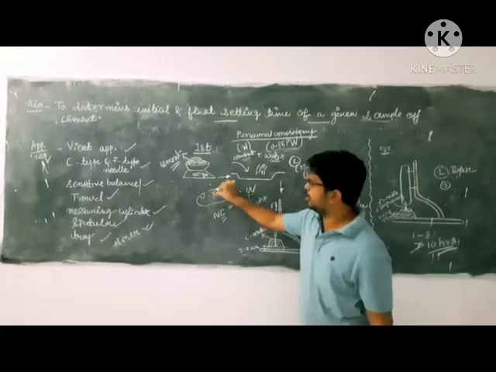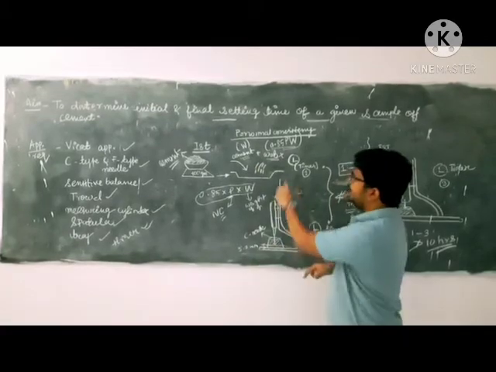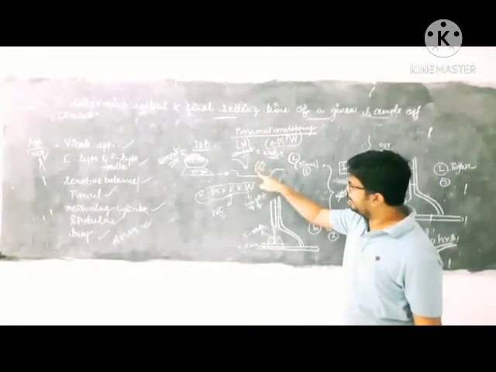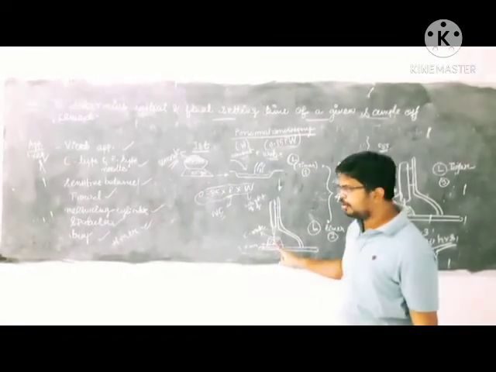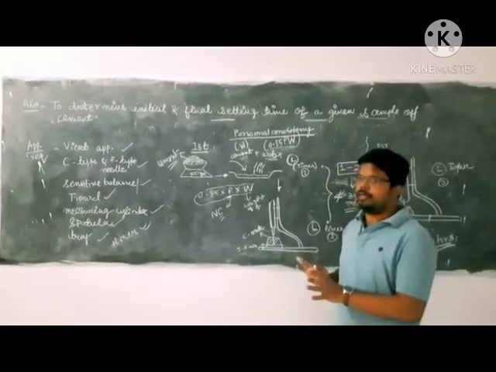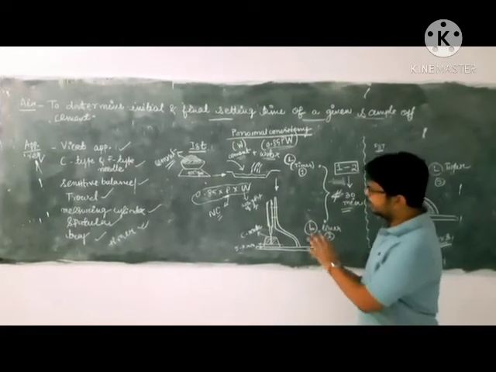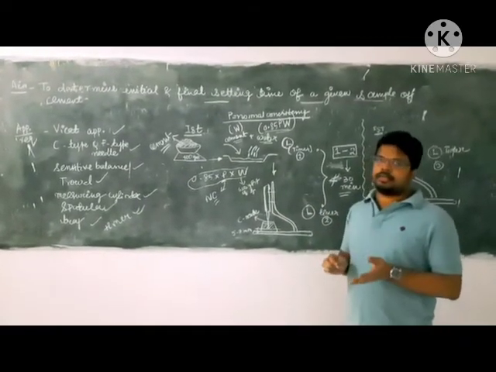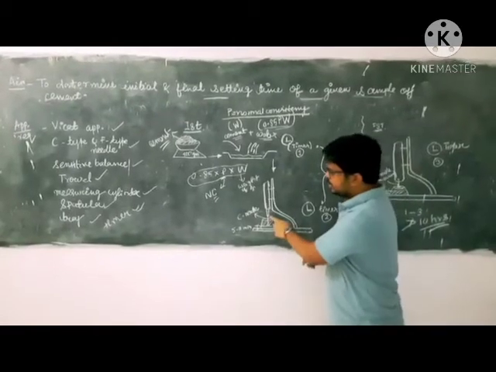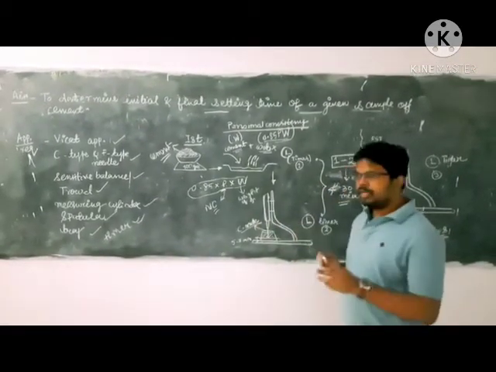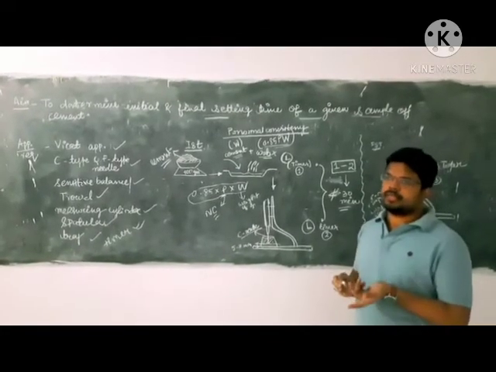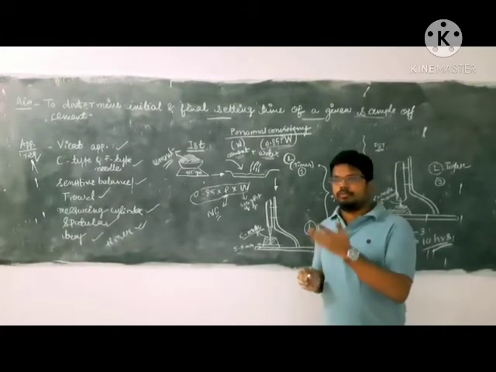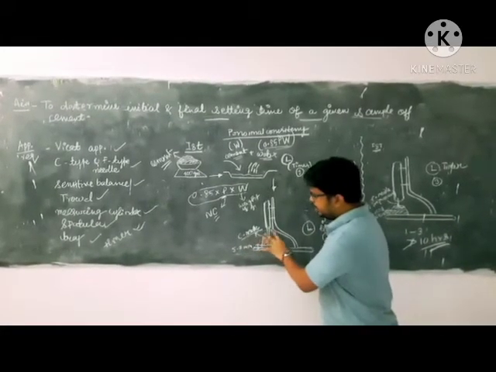So this much water will be added to the cement and the timer is noted. We will note the time when the process started and place this mixture in the mold, which should be within 3 to 5 minutes, not more than 5 minutes. We used a plunger for normal consistency, but in this case we will use a C type needle. There are two types of needles: C type is used for initial setting time and F type is used for final setting time.